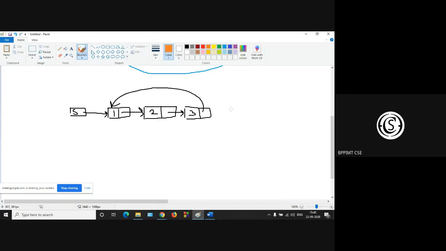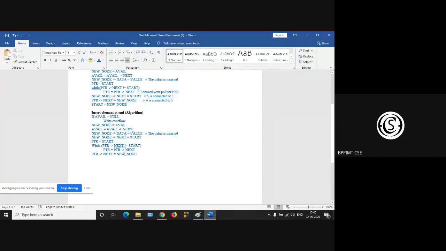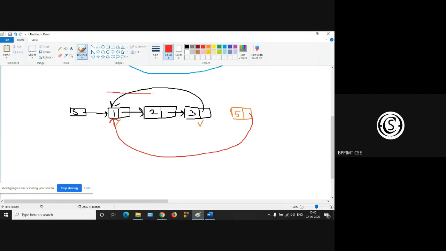Now you have to insert this 5 at the last one. So at the last one means between 1 and 3, right? So first create a link between 5 and 1. That is, new node next is start. Okay. Then traverse from first to last. What is the last?